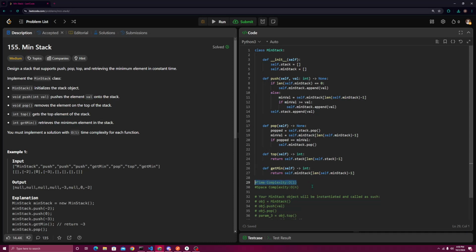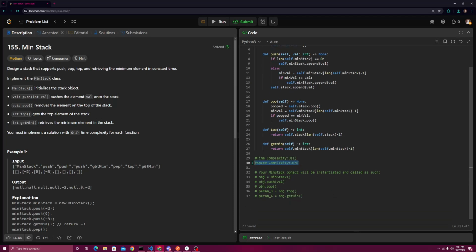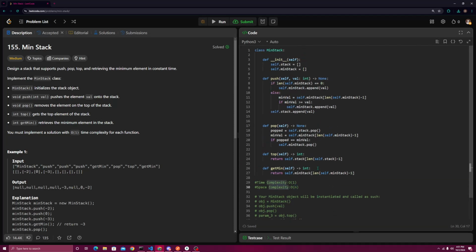So the time complexity is going to be constant, but the space complexity is going to be linear. And the reason why it's linear is the stack at most is going to hold n elements, but the min stack can also hold at most n elements. So in total that's 2n, but we're just going to say linear. So yeah, that's my solution for